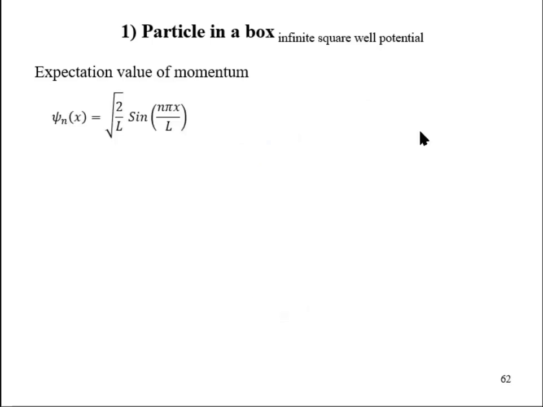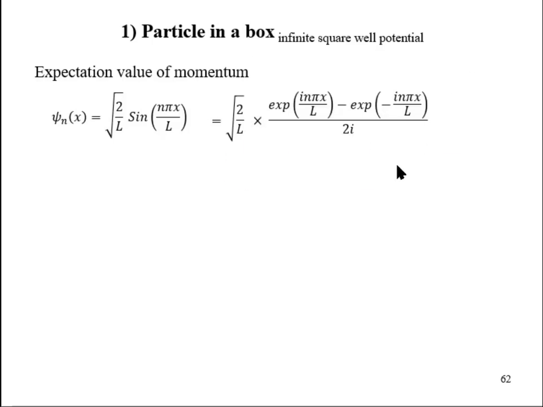Since the momentum operator contains a differential operator and the exponential function is the eigenfunction of a differential operator, if we can write this wave function in terms of exponential functions, then it is possible to find an eigenfunction. Any sine function can be written as a linear combination of two exponential functions like this